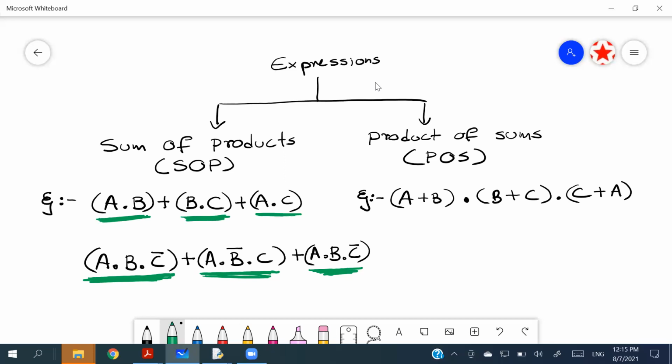Right? So if the expression has any single term which does not contain all the variables, we call it a